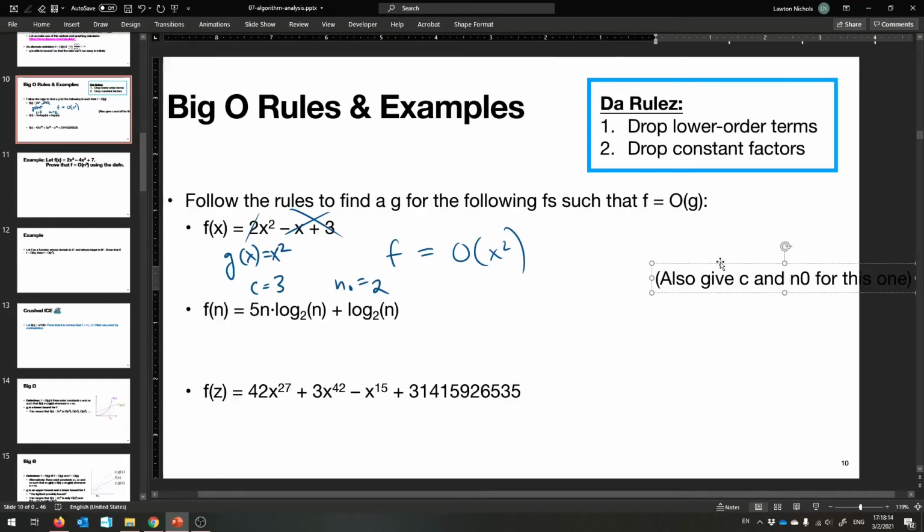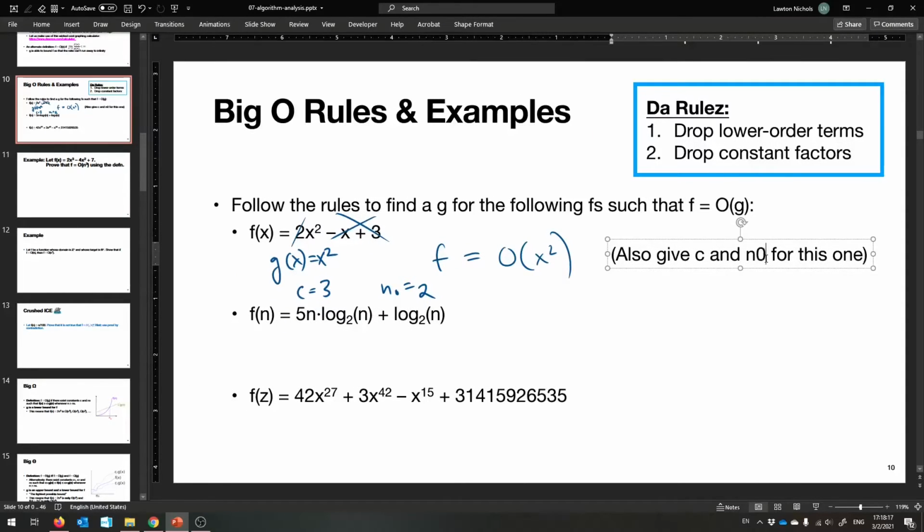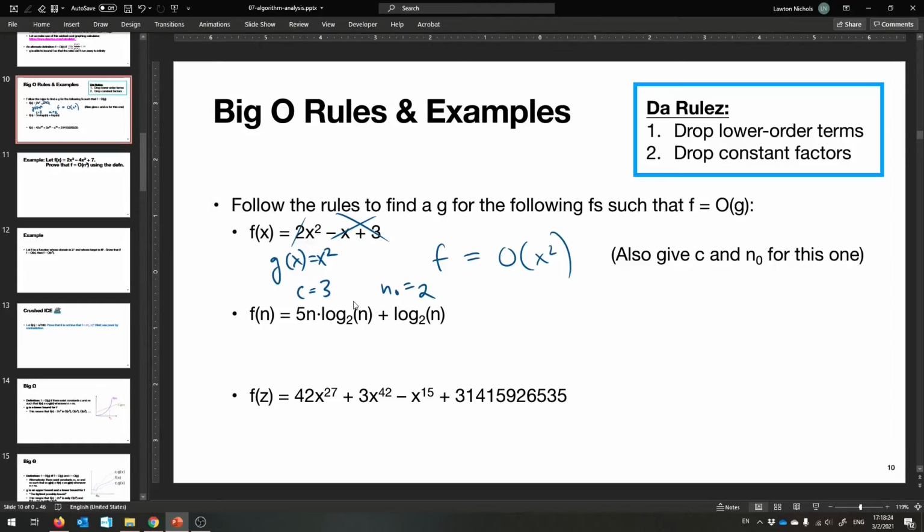We won't take our time as much for these other two. Oops, subscript. Okay, for this one, we need to drop lower order terms and drop constant factors. Ooh, so this is where it gets a little tricky, because I have log base 2 of n here. Again, maybe it's just log base 2 of n? I don't know. The trick is to notice that there's an n multiplied here too, so it makes this function